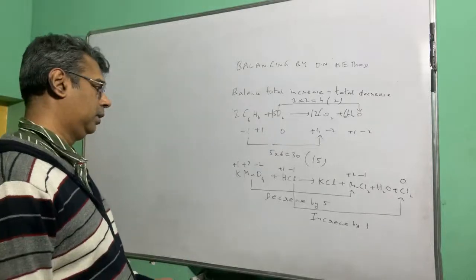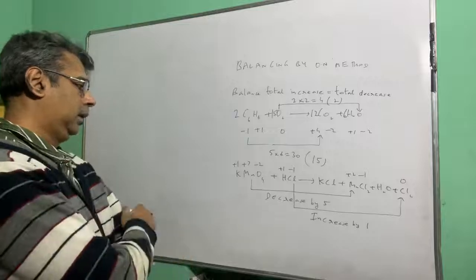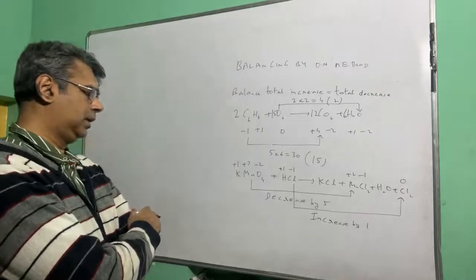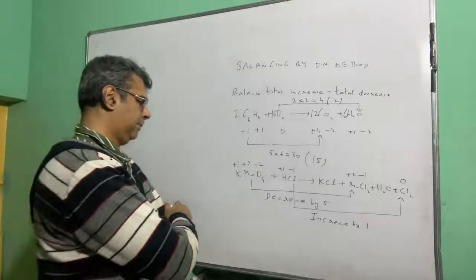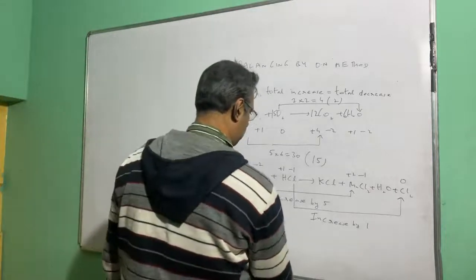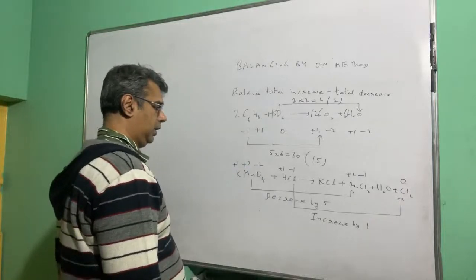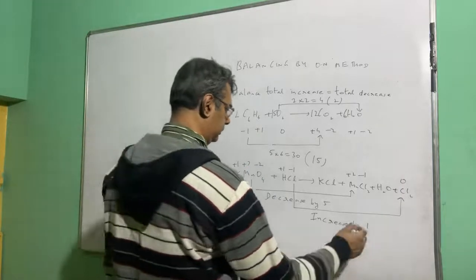And chlorine is increasing by 1. Chlorine is increasing by 1. But here there are 2 chlorines. In Cl2 there are 2 chlorines. So